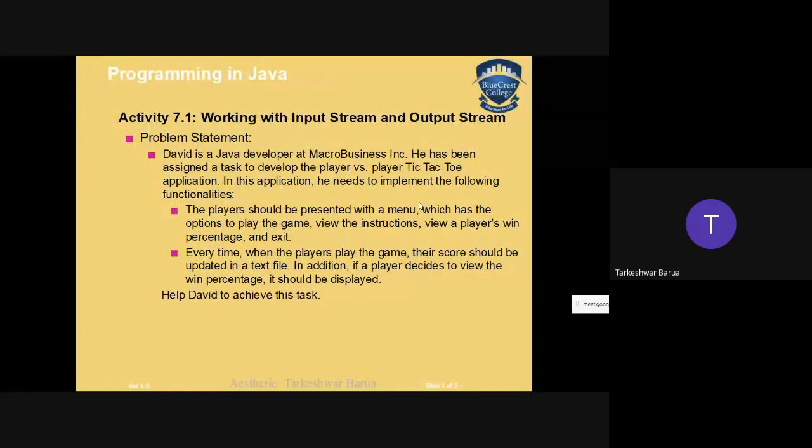After this, we are going to discuss one problem. David is a Java developer at Microbusiness Inc. He has been assigned a task to develop a player versus player Tic-Tac-Toe game. In this application, he needs to implement the following functionalities.